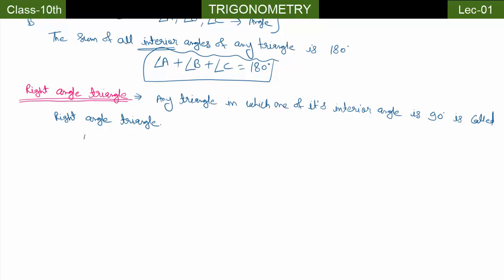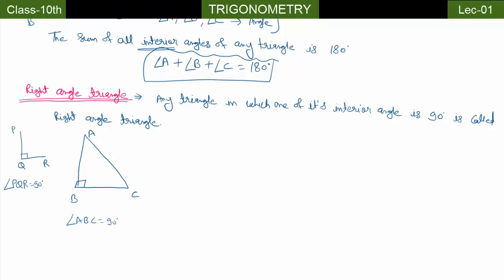So let me draw the diagram of a right angle triangle. This is how my right angle triangle looks like. This is vertex A, this is vertex B, and this is vertex C, and my angle B is 90 degrees. Let's say I have here P, Q and R. If I put a small square bracket near the vertex Q, this is the symbol of a right angle. I don't need to write the 90 degrees over here. This symbol itself means this is 90 degrees. So from here I can say angle PQR is 90 degrees. Similarly here I can say angle ABC is equal to 90 degrees.